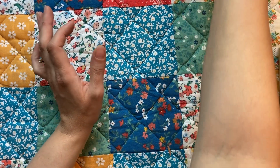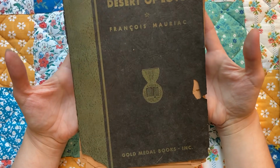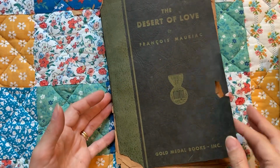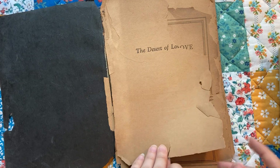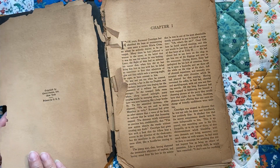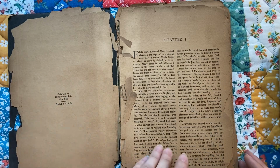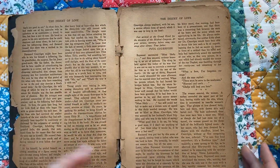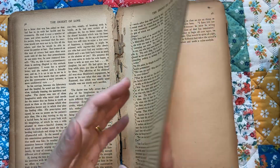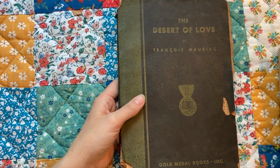This is extremely interesting yet very fragile. I don't dare turn much of its pages, but it is The Desert of Love by Francois Mauriac. And this is the most fragile of all of the fragiles that I found. I was not going to pick this up, but the gentleman who really likes to help me at the transfer station thought I would really like it. So I did take it. But it's just crumbling. Just to look at it and it crumbles. So I'm not sure, maybe I can use it in collage, but